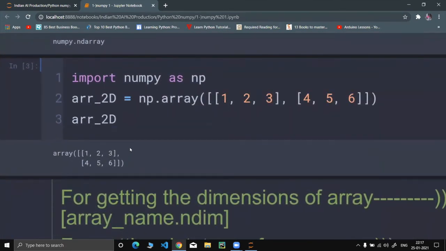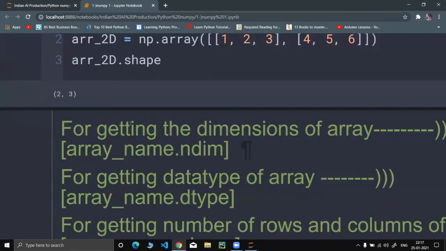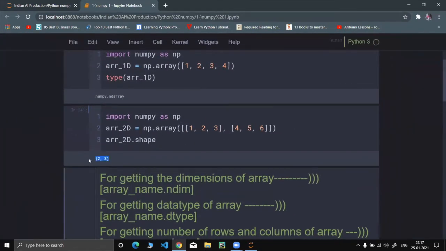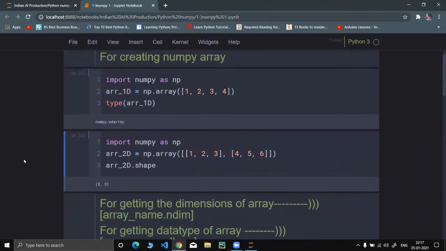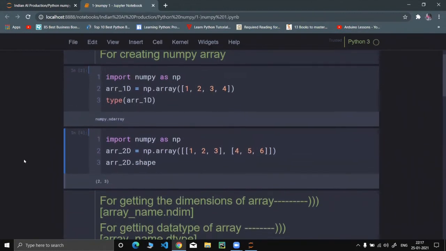This is the 2D array, and to cross-check, we'll execute the command .shape. See, it's a 2 cross 3 array. It means 2 rows and 3 columns. So this was about creating a NumPy array.